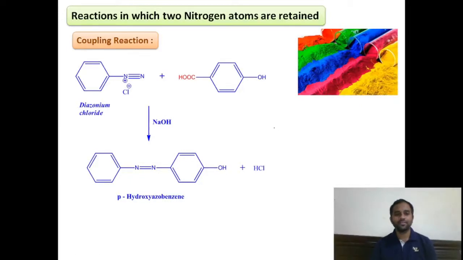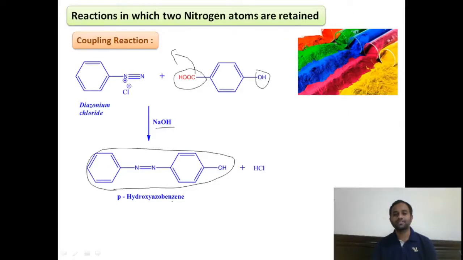You can see here, if at all there is any substituent like sulfonic acid or carboxylic acid at para position, even then also the coupling takes place at this position by replacing this group, right? Here the benzene diazonium chloride replaced this carboxylic acid which is at para position to the hydroxy group of this parabenzoic acid in presence of a basic medium to give this azo compound as the product, right?